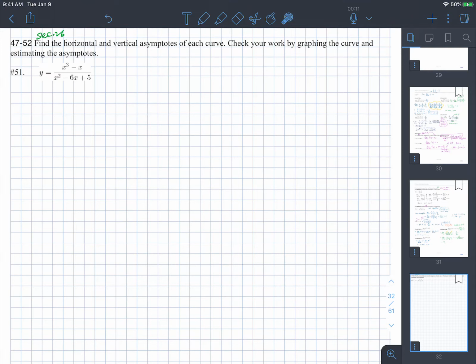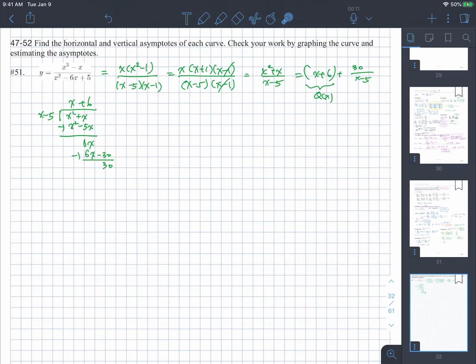The key part about this is that you shouldn't focus on the words horizontal and vertical per se. Of course, you have to check for that. But the follow-up was check your work by graphing the curve and estimating the asymptotes, right? So when they do that, there's potential for asymptotes that are not necessarily horizontal. So how do you do that? Well,